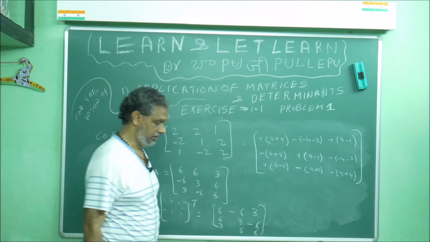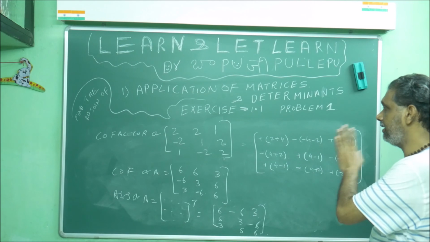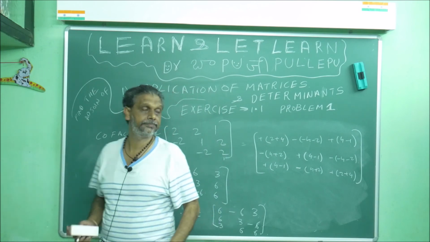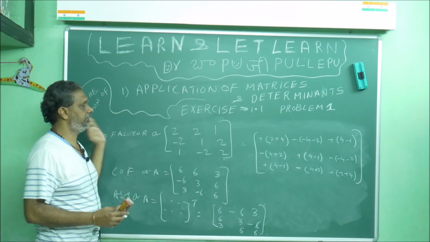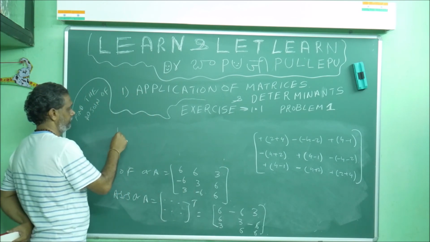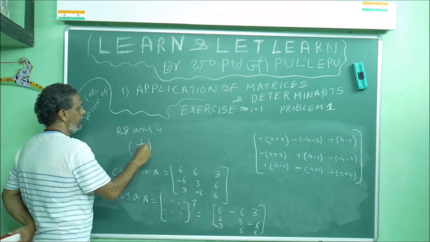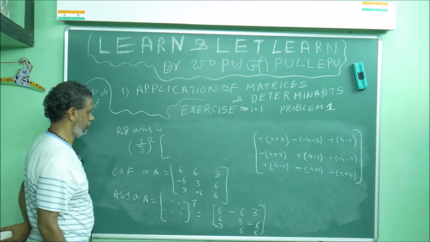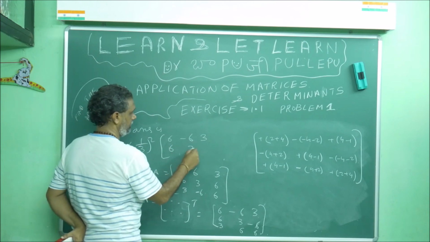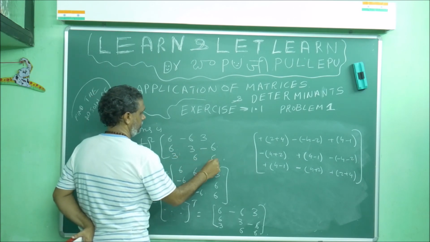But still my problem is not completed. I want to get 1 by 3 into this fellow. Without the 1 by 3, now I have attacked. So 1 by 3 means what? Now the actual adjoint of A is what? The question you can write as 1 by 3 into this. The required answer is what? 1 by 3 whole square into this fellow. Who is that fellow? 6 minus 6, 3. 6, 3 minus 6. 3, 6, 6.